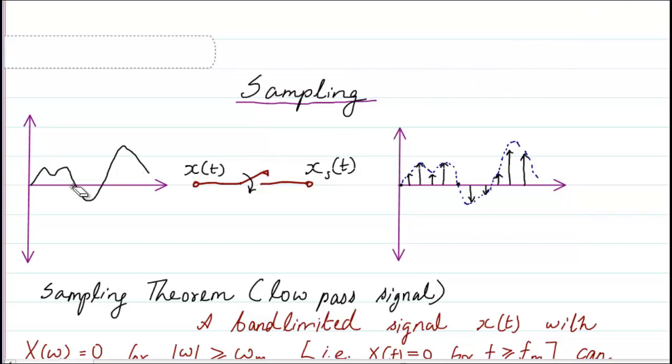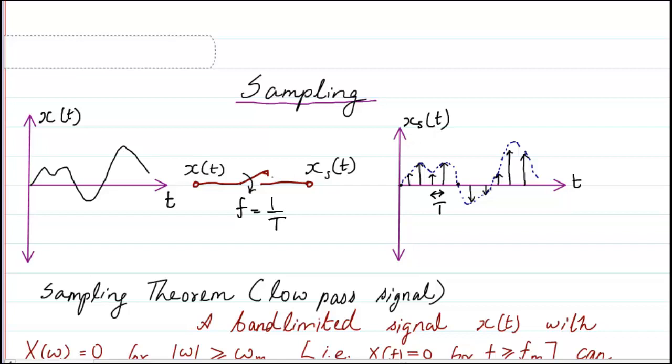Sampling is shown with a simple diagram here. Suppose we have a signal x of t, which is drawn like this. It's an analog signal x of t, dependent on time t. That signal, we are going to sample it with some frequency, which is 1 by T, where T is the separation between two samples. The separation between two samples is capital T, and the output that we get in such a case is xs